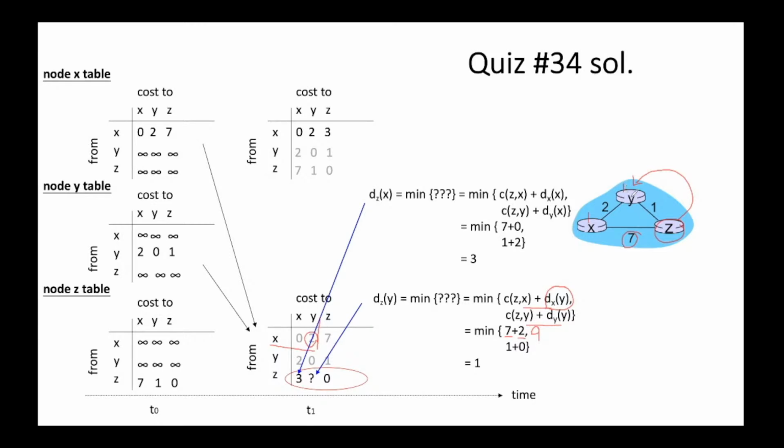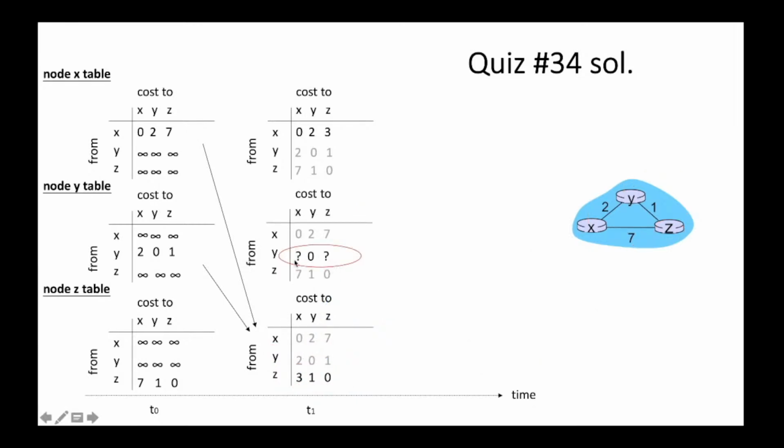What about the other neighbor of z? zy is 1 again. What about the shortest distance from y to y? And hey, it's itself, so y to y, the cost is 0. So this other path going through y gives us only a path cost of 1. Therefore, going through y gives us the shortest path from z to y. And therefore, we update the entire DV, which is now 3, 1, 0. We can actually continue and calculate what dy is. So there are again 2 entries,